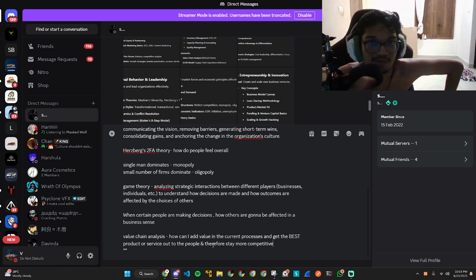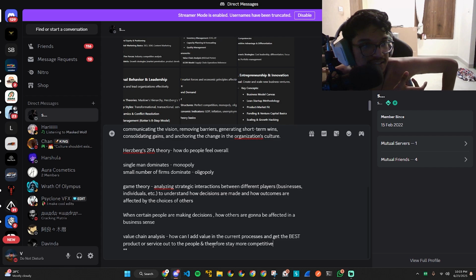So value chain analysis. It goes from the raw material supplier, and then the supplier makes or labels and distributes it to the distributor, who distributes it across different places, and then it finally comes to retail and e-com, brick and mortar and e-commerce, and then from there to the consumer. That's the supply chain at the end of the day.